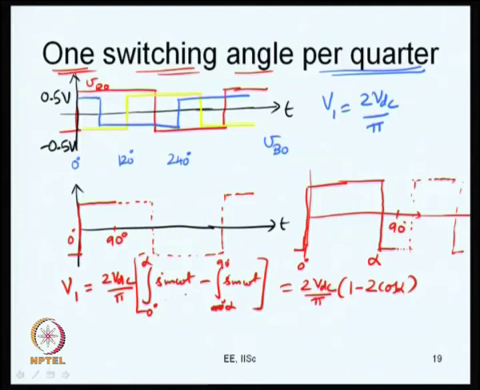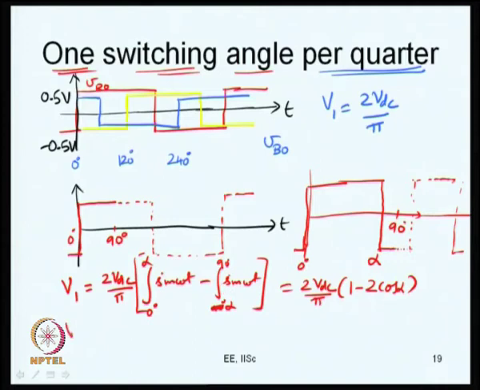If I integrate sin omega t, the integral of sin omega t is cos omega t, and I am trying to put its limits over 0 to alpha. So, what I will get here is 1 minus cos alpha. If I consider the second term, it is again cos omega t. So, what I will get here is cos alpha. So, cos 90 is anyway 0. So, this whole thing becomes 1 minus 2 cos alpha. This is what you have.